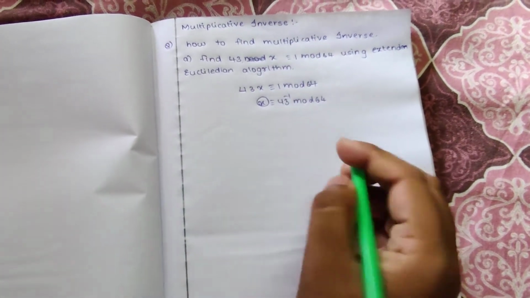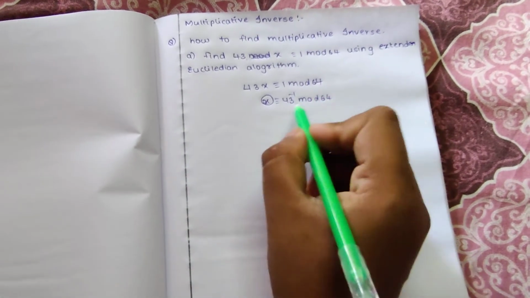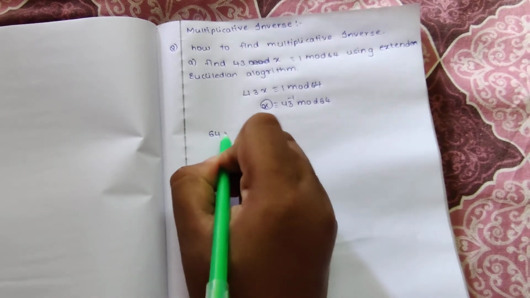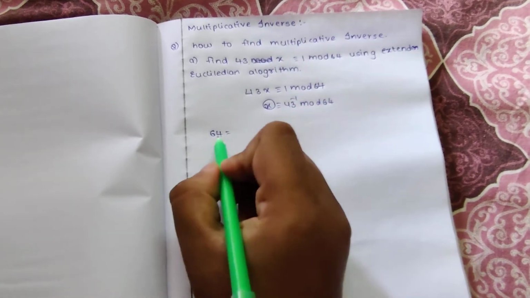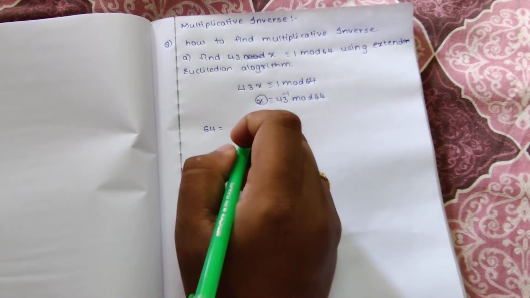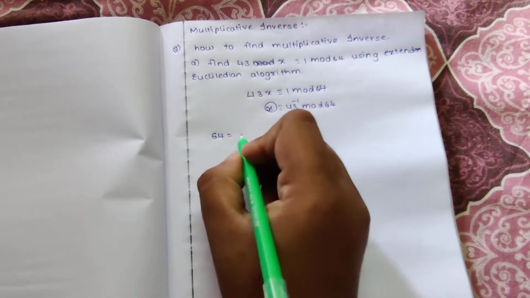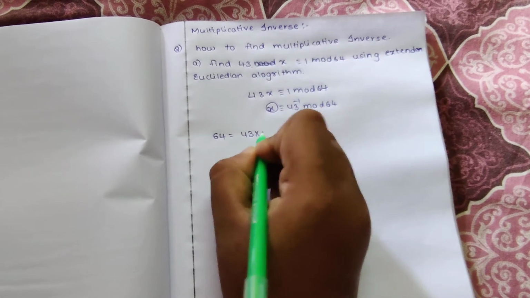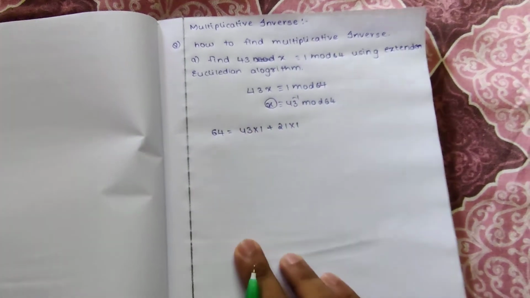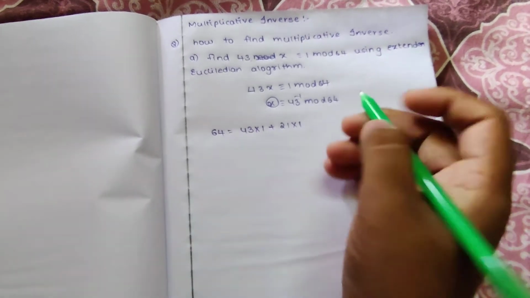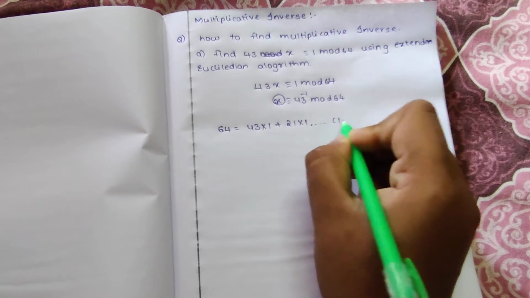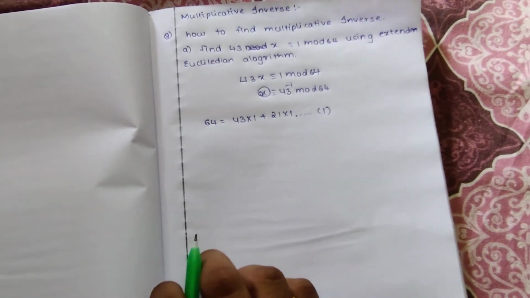Now we take 64, the larger number. We have to write 64 in terms of a multiple of 43. We can write 43 into 1 plus 21 into 1. We can write it in this equation. Just consider this as the first equation, and the next equation was